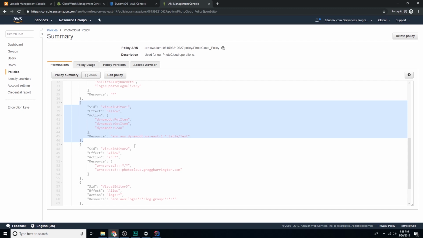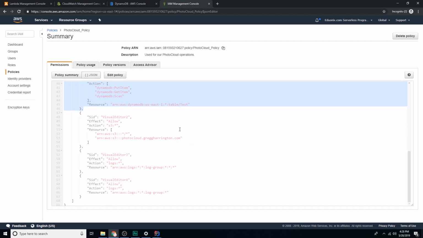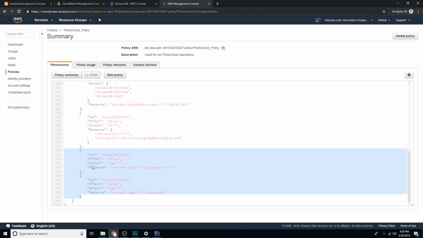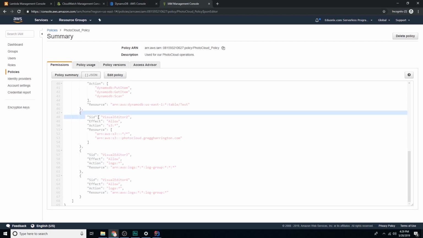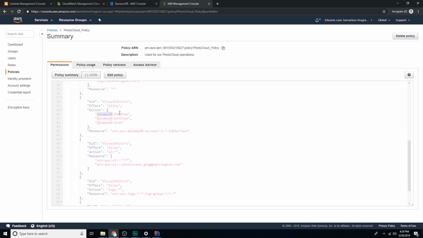It's going to have all the same permissions if you've been following along. However, the visual editor really honestly just destroys the JSON formatting and creates a whole series of things you just don't need, and that are basically duplicates of each other. For instance, this is largely a duplicate of what this is in meaning. So here we're going to just find wherever your DynamoDB settings are, and that's where we'll be making our edit